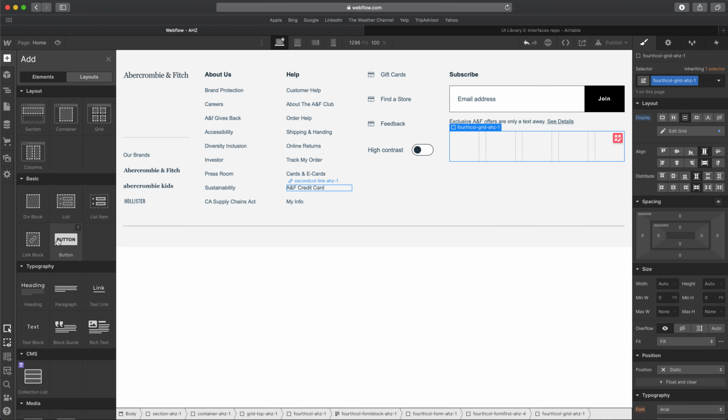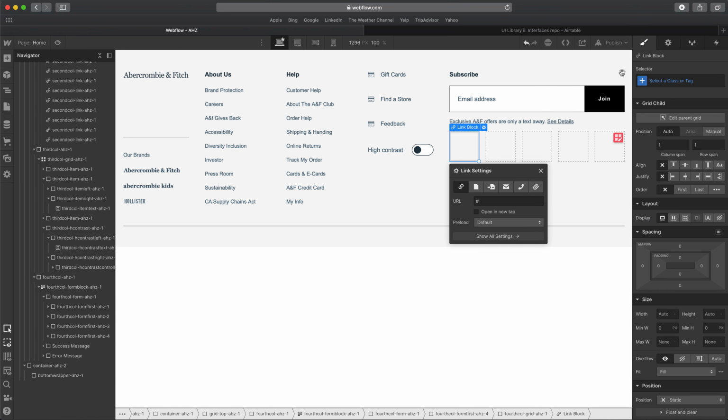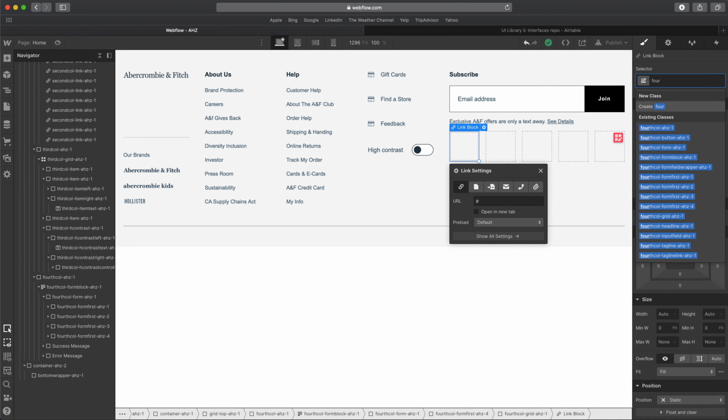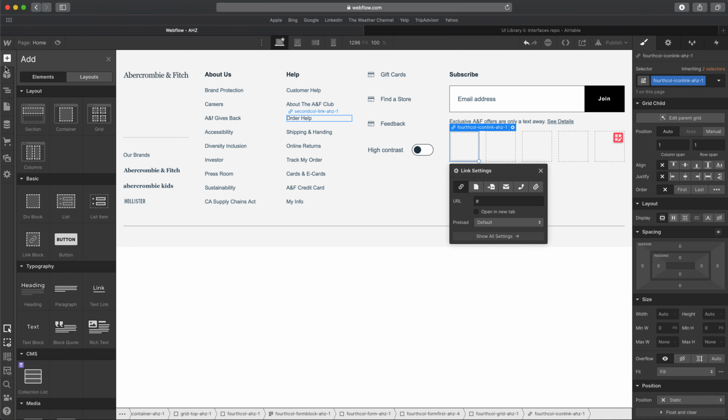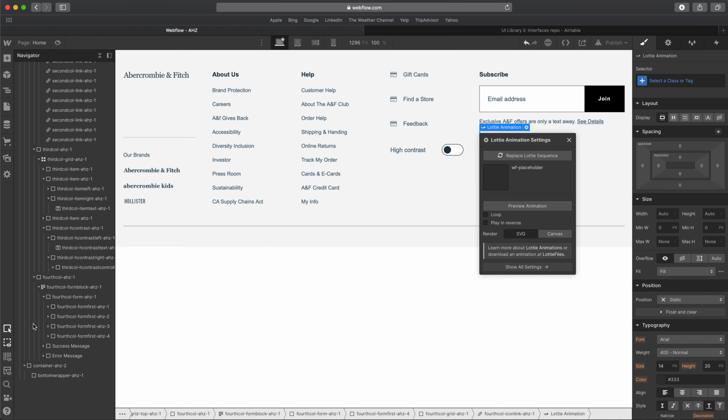On which I will drop a link block to contain the icons that we'll call fourth column icon link, HC number 1, and inside of it I'm going to actually drop my